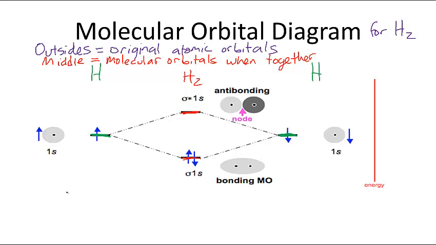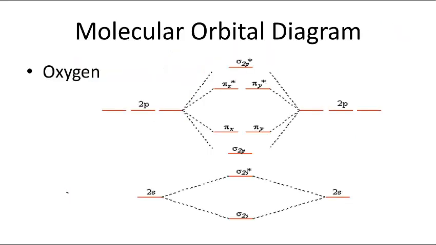Now when we go to the second row of the periodic table, we have a lot more orbitals to deal with. Hydrogen's really simple because you just have energy level 1, which is just 1 orbital. You go to the second energy level, how many orbitals do you have? Not 2, not 3, 4. You have the s and the 3 p's. So we get a much more complicated diagram. If I wanted to do oxygen,